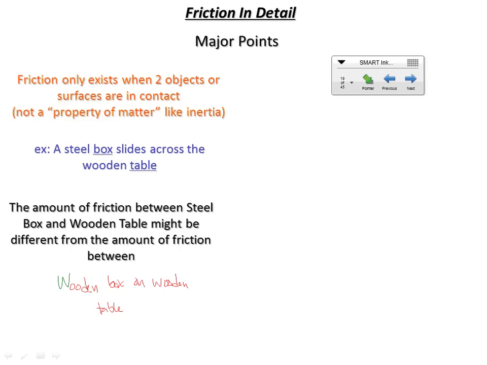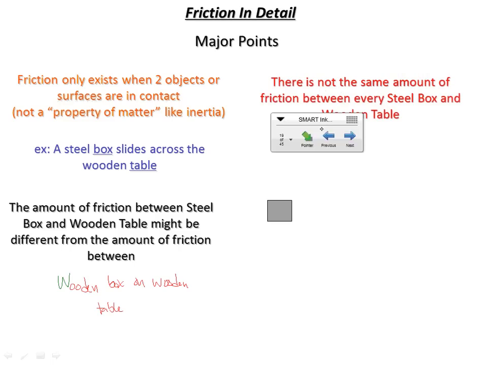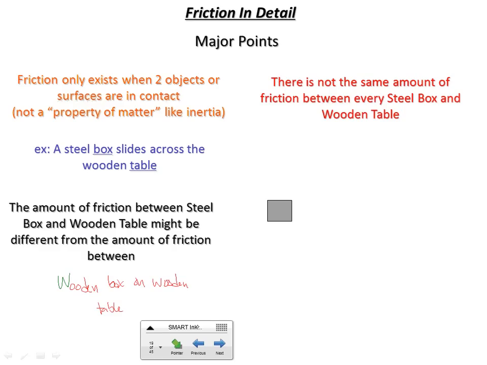Okay, now, further, if we look at every combination of steel box and every wooden table, and again, let's assume that wood is just wood. There's not even any variation in wood. But if you look at every steel box and every wooden table, there's not even the same amount of friction. All right? And so, if we look at how much force is required to, say, push this box